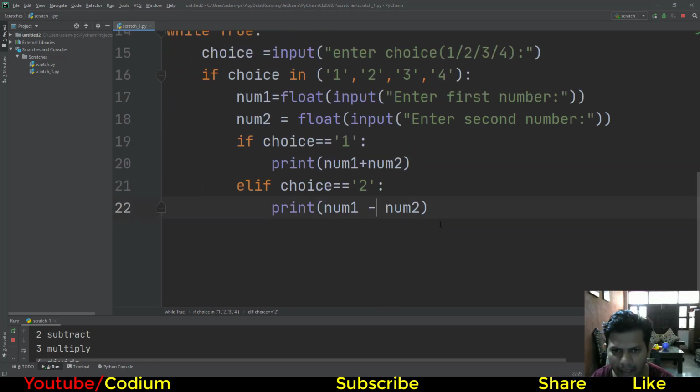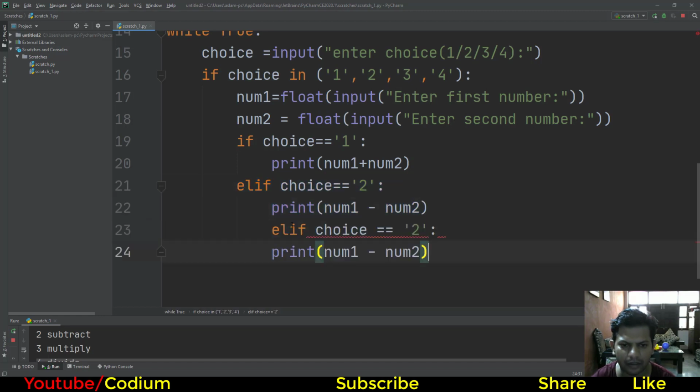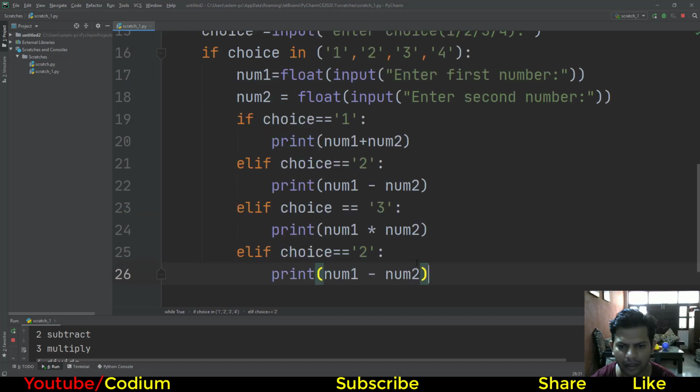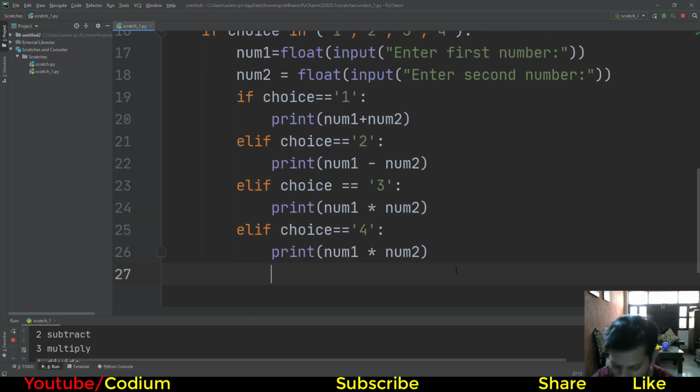Okay, then again copy this and paste here. If choice is 3, then multiply, then again paste, elif choice is 4, then divide.